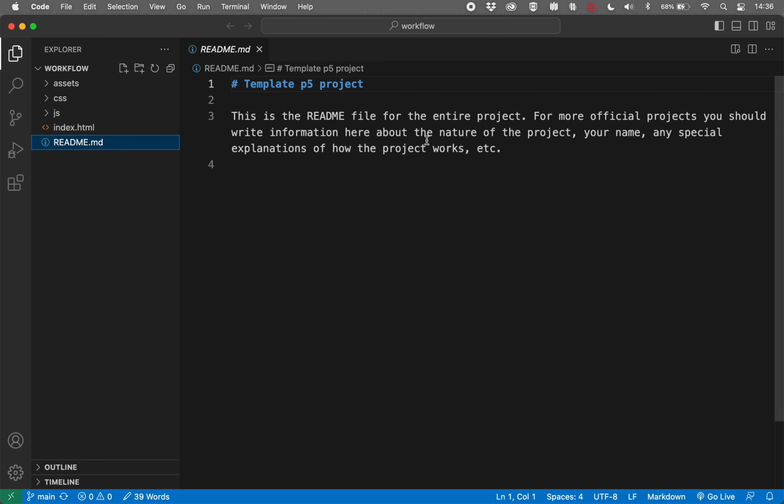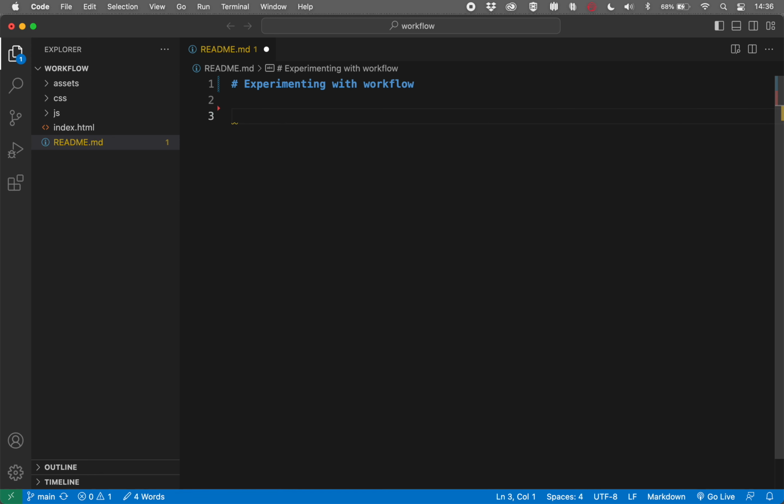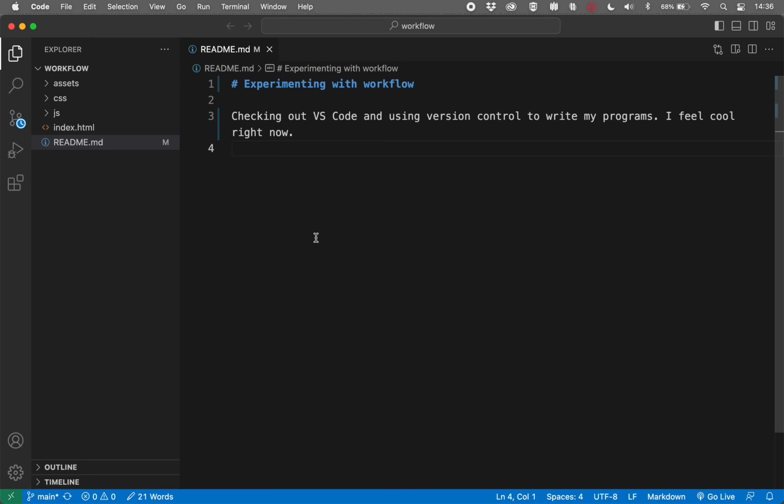So that's the README. We will talk another time about writing a good README. For right now, let me actually replace this though. Experimenting with workflow. And I'm going to remove this. Checking out VS Code and using version control to write my programs. I feel cool right now. Full stop. And I can save that, right? Now, because I edited something,